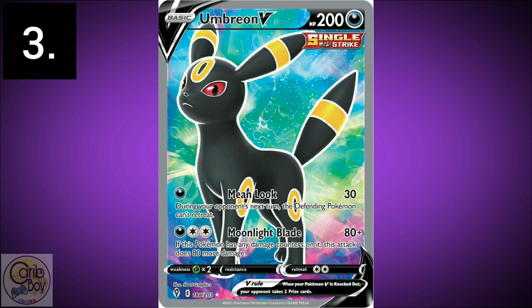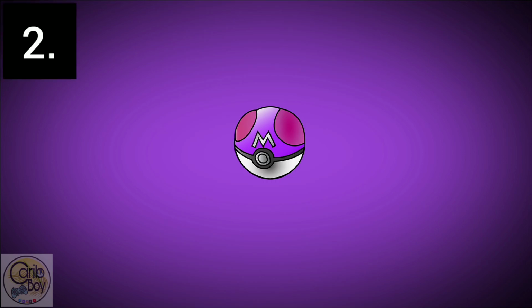Anyway, moving on to number 2. Now the top 2, I feel like I'm gonna cause people to rage, you know. One Pokemon that a lot of people want is not on this list. And in the top 2, I feel like my number 2 is a lot of people's number 1. But listen, all right, let me go. Number 2 in Carib Boy's Evolving Skies top 10 collecting cards is